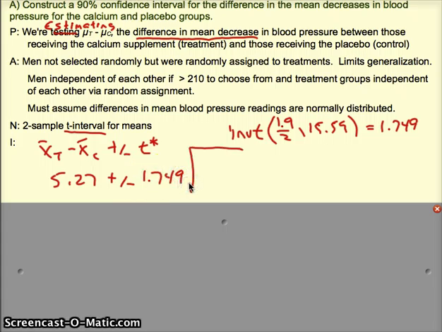Well, I'd like to write the formula, but I don't have the detail. So we go back to the Crunch It table, and it was given to us as 3.2878. So you can see the vocabulary is a little important here. You had to be able to pick off the Crunch It table that the standard error, 3.2878, is what we have for the square root of standard deviation 1 squared over n1 plus standard deviation 2 squared over n2. And if you do all that work, you get negative 0.4773 to